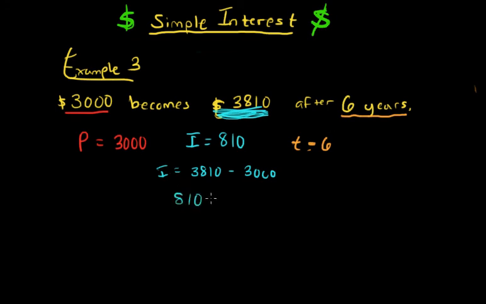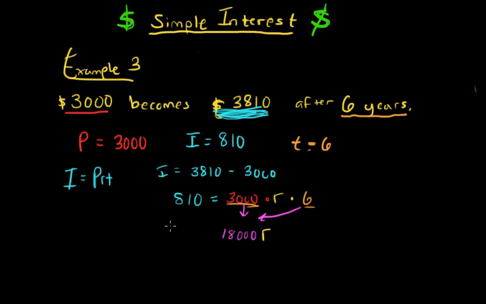So 810, I equals PRT. Let's write that out to the side. I equals PRT. So 810 equals 3,000 times R times T. So 3,000 times 6 is what we want to do. We're going to do this one times this one. 3,000 times 6. That gives me 18,000. Okay, now we have 18,000 R